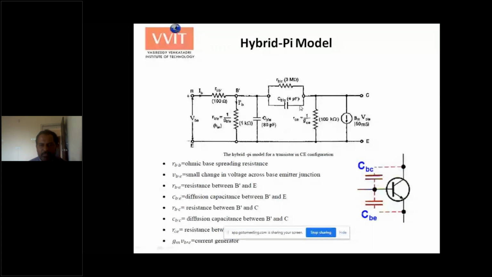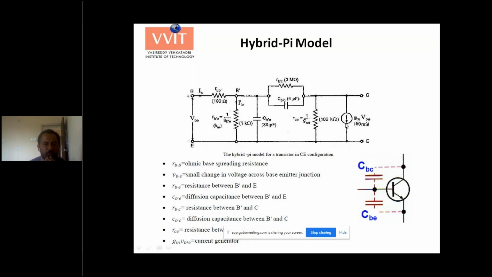Then there is one more resistor, RCE. It is the resistance between collector and emitter. Okay, fine. Output. Since this is the resistance between output terminals, this is also known as the output resistance of the transistor. Typical value will be from a few tens of kilo ohms to hundreds of kilo ohms. So these are the four resistors. Most of the times in analysis, we may express them as resistors or conductances for the sake of simplicity. It depends on our problem.